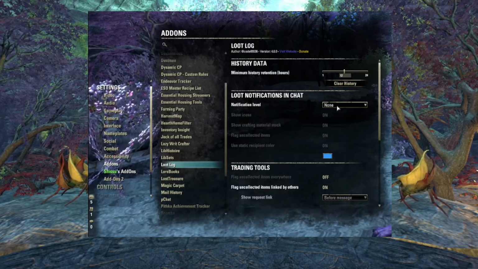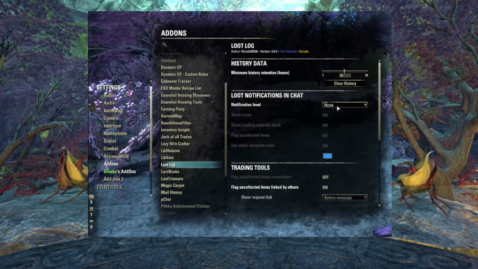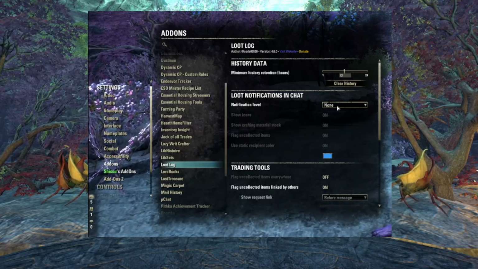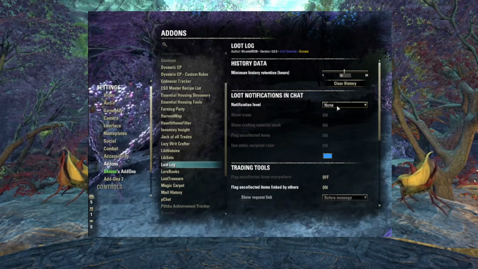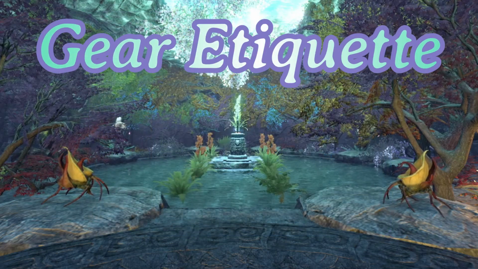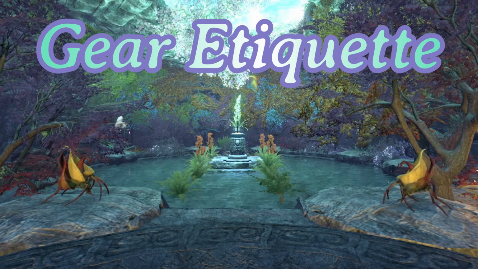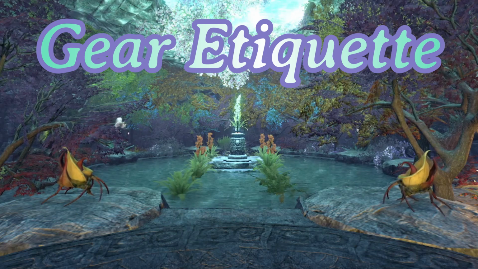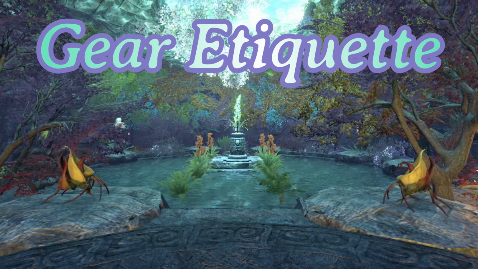I don't need to see what I picked up. I don't need to see what other people picked up in the middle of the run. If people have something they want to trade, they will trade it to you at the end of the run. And common etiquette in the Elder Scrolls Online is such that even if you have an add-on like Loot Log, which can show you what others pick up during the run,